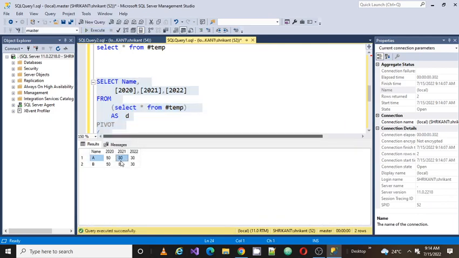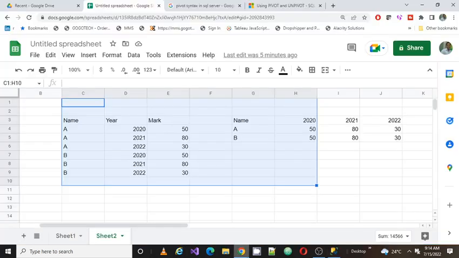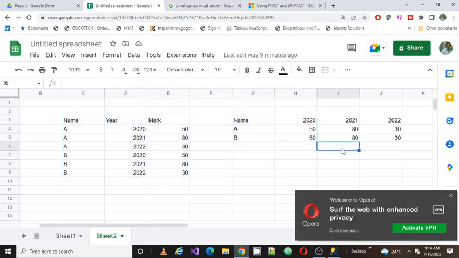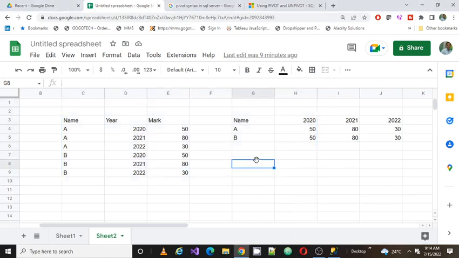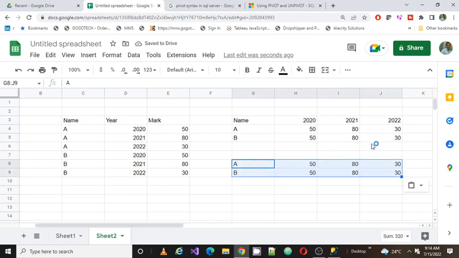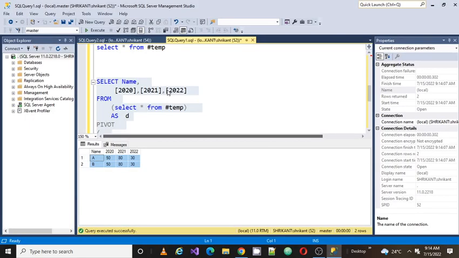Let's copy this data and come here, and let's place it here, and let's verify the data. Oh yeah, data is matching. It means we did it right. Okay, hope you guys understood the pivot part. Now in the next video, I'm going to talk about how to convert the pivot data to unpivot,